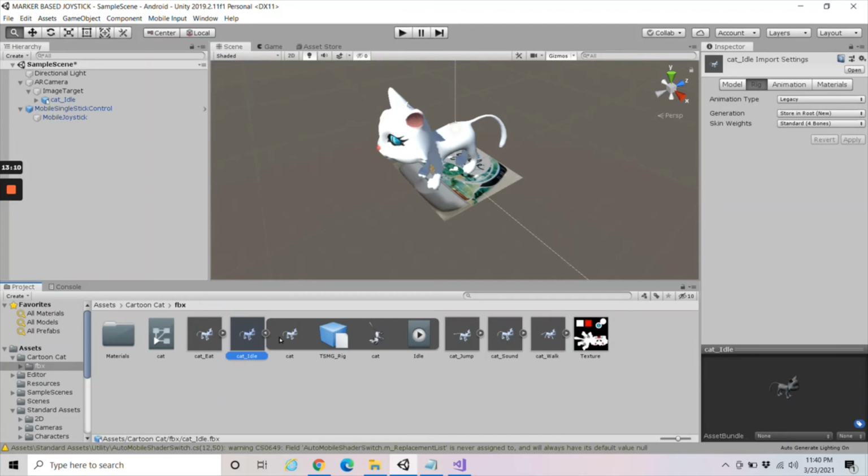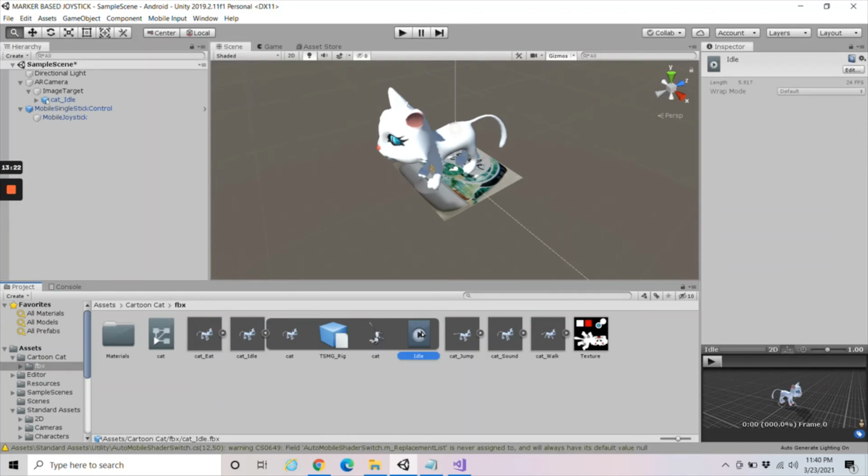Okay, so we need to click and also select the animation file, which is this one. This icon represents the animation file of this idle, so select this one. And then click edit on your right hand side. Edit is up here inside this inspector. So you select edit here,